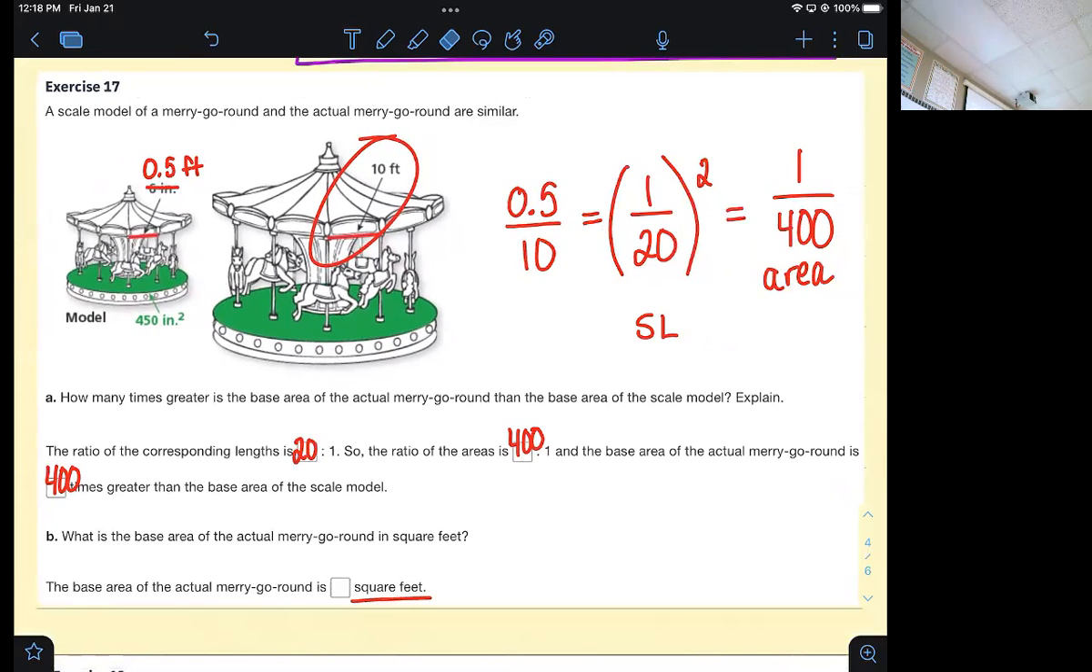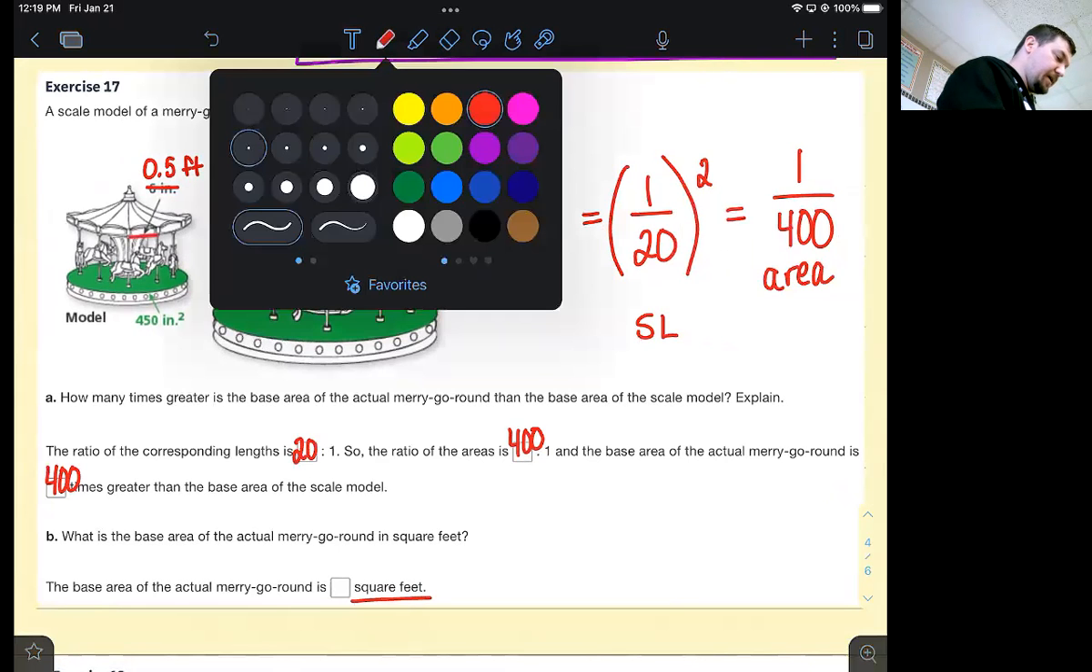So the ratio was 1:20, or how they wrote it was 20:1. The ratio we got when we squared it was 1:400, or they wrote it as 400:1. And now we're ready to find the area of the larger